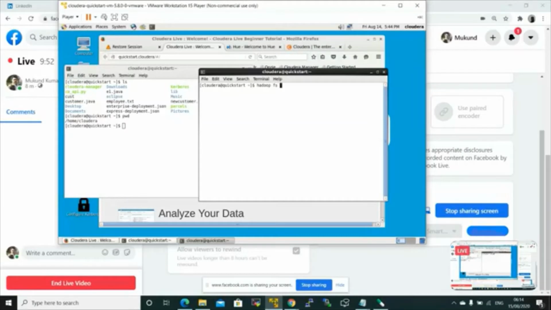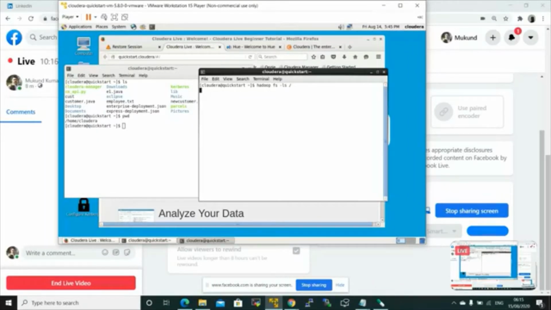I say hadoop fs -ls slash. It will show us the listing of directories and files which are there on